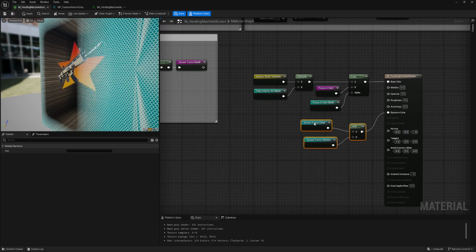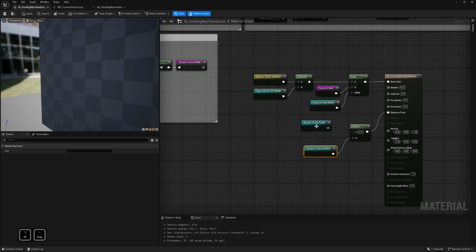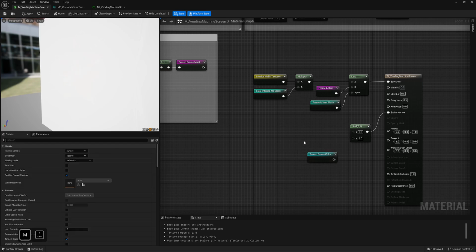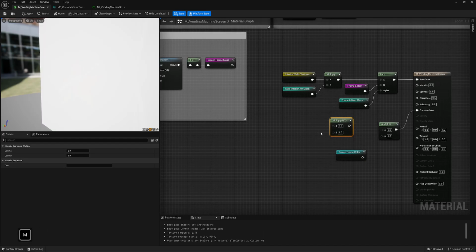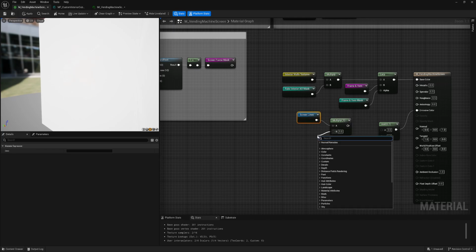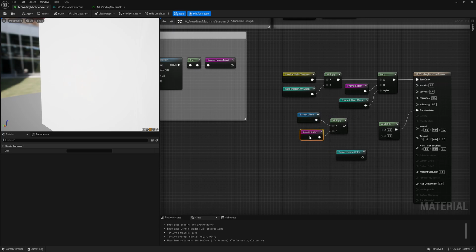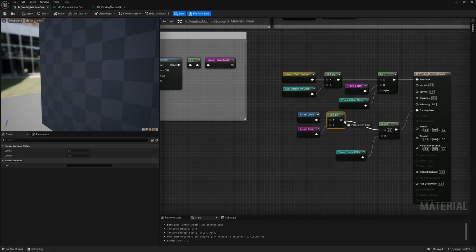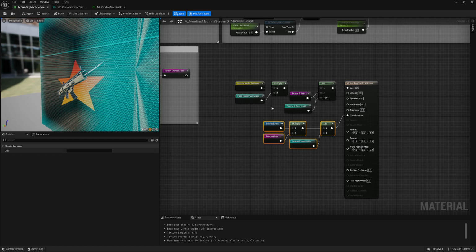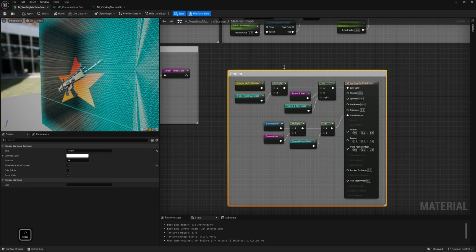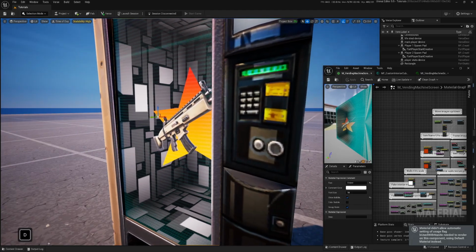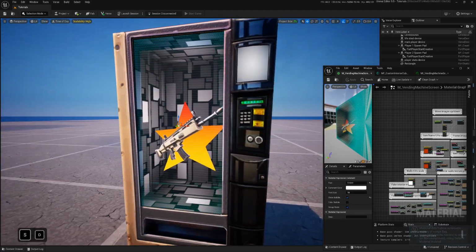Now in here, where we have screen frame, actually I don't need this frame texture, I need frame color in here. And then I need multiply, and then here will be our screen lines. And in here, screen color. And here it is.